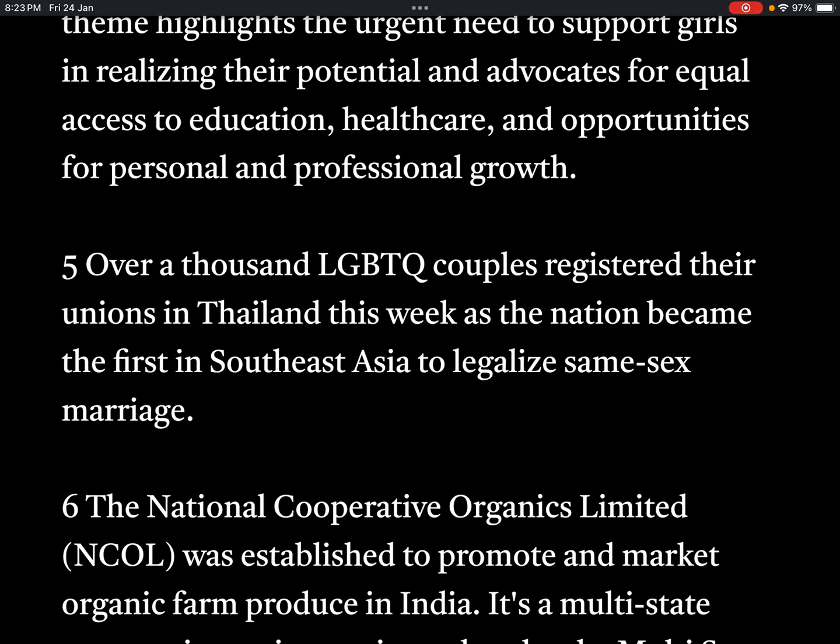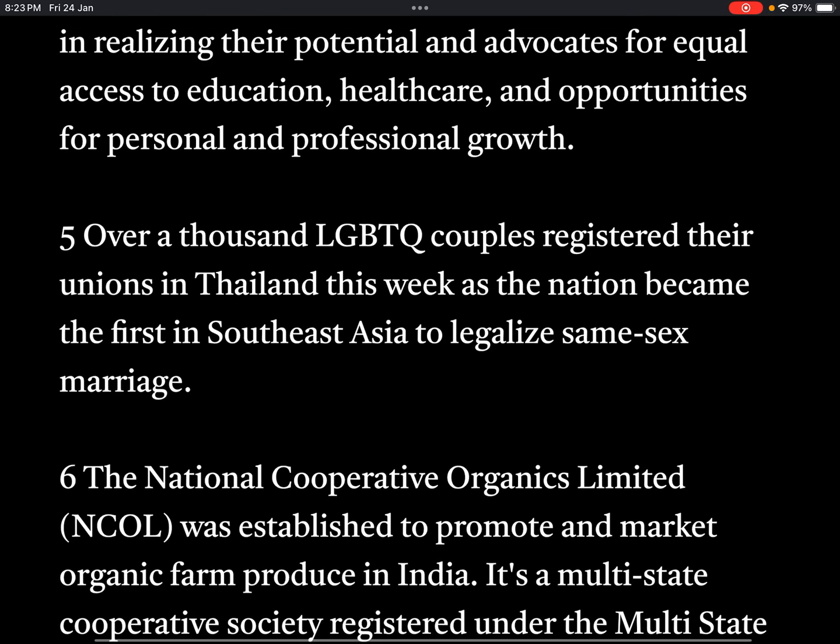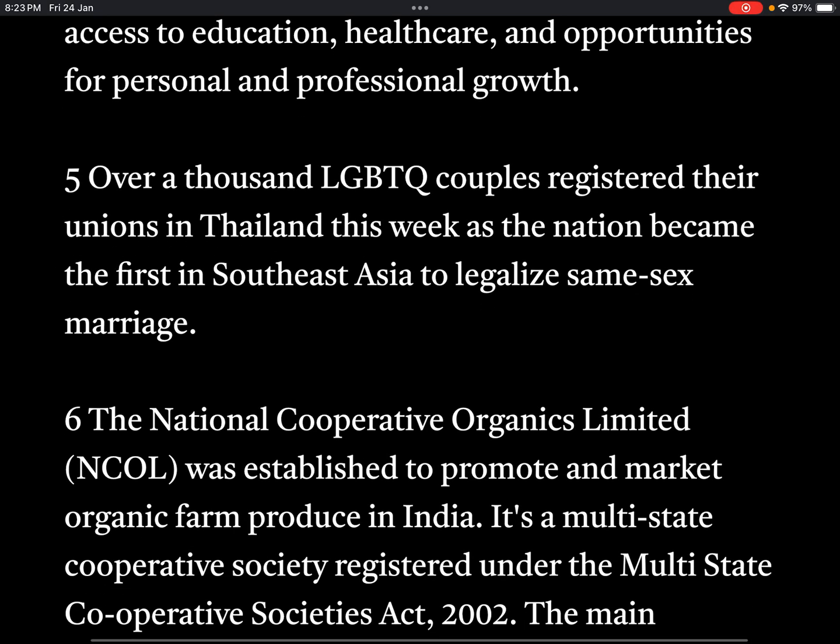Now, point number 5, or topic number 5: over 1,000 LGBTQ couples registered their unions. Union means marriage. In Thailand this week, as the nation became the first in Southeast Asia to legalize same-sex marriages. Well, this is also a matter of social issues and right to equality under Article 14 of the Indian Constitution. I think this same question will not be asked, but they will convert it in some other way and